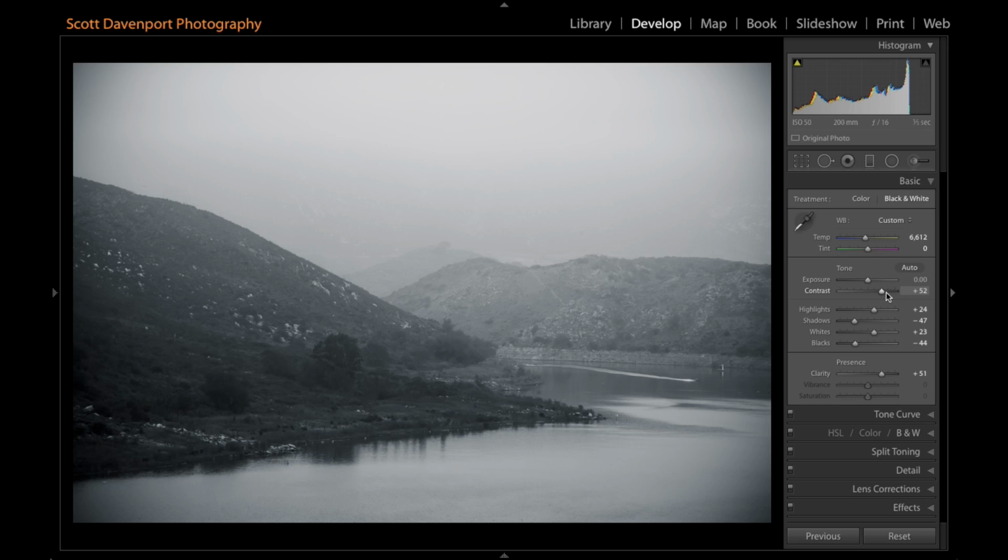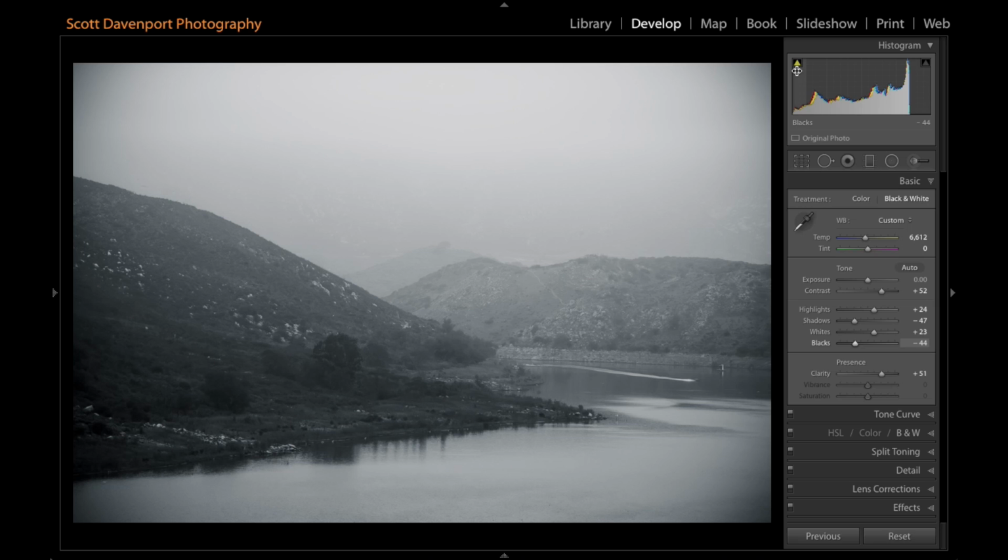I'm not expecting to get pure whites in this photo. Maybe this little trail here and the very upper edge are the only tiny bits of white that we're going to see in there. I did increase the highlights, boost those up even further, brought the shadows way down so I could start to get some of these foreground hills showing up, and then played around with white and black point, again, just so I had something just touching the edge,